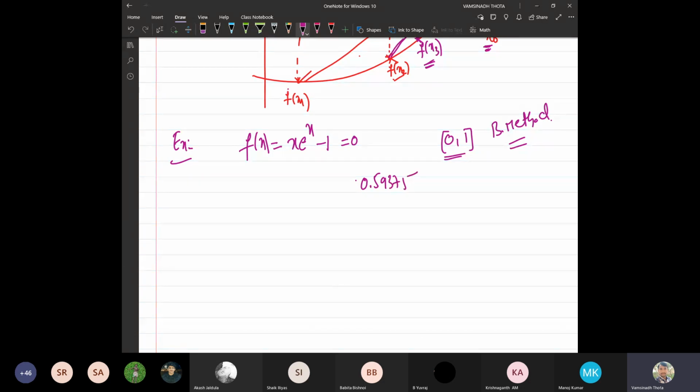I'm repeating again. In all the problems, we are going to give the solution rounded to 4 decimal places only. So according to you, 0.59375. We need the approximation up to 4 decimals only. The next digit is 5, and it depends on the digit before it. It is an odd number, so whether it is unchanged or whether it will be increased by 1.